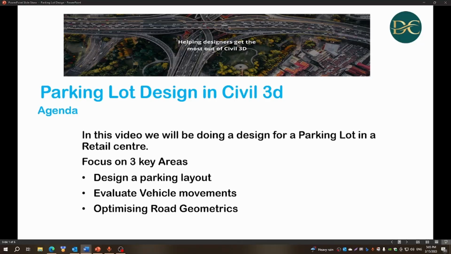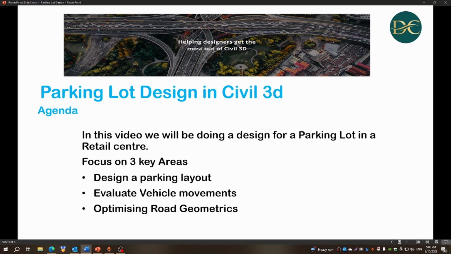Welcome to today's session, which is about the design of a parking layout for a retail site. In this video, we'll focus on several key aspects of the planning and design process used in the planning of a retail project. These include the ability to accurately predict the movement of design vehicles. This will ensure that the client receives the best design solution possible, and to evaluate various design alternatives whilst ensuring